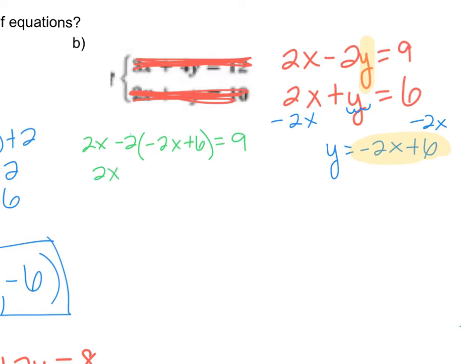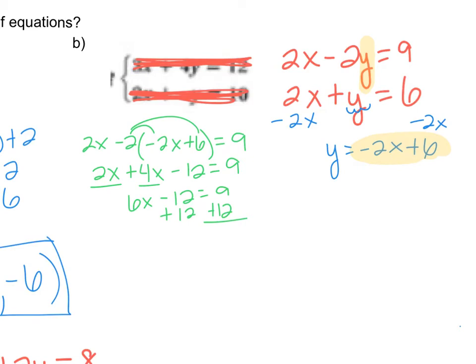All right, let's solve it by distributing. We would have positive 4x minus 12 equals 9. Combine like terms. So we have 6x minus 12 equals 9. Uh-oh, are we going to have a fraction? Looks like it. But that's okay. Plus 12 plus 12. And that would give you 21 equals 6x. Okay, so divide by 6,